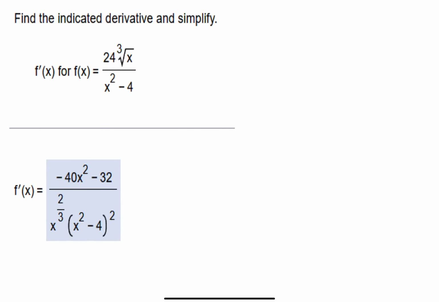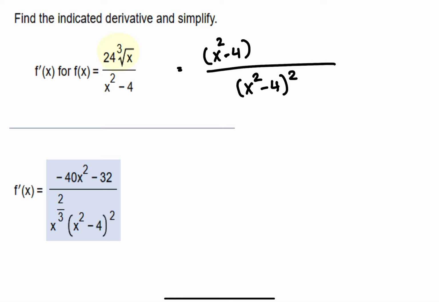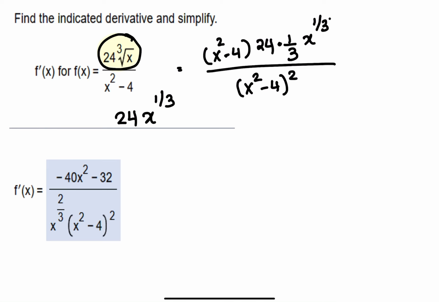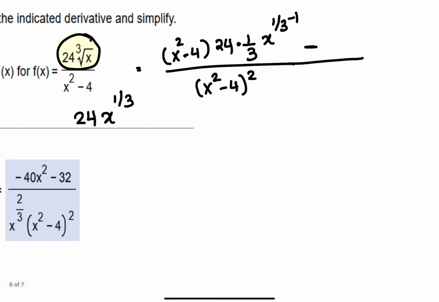Let's see what we have here. Again, quotient. Remember what the quotient is? I square the denominator. I plug the denominator. Find the derivative of 24. Okay, before I do that, instead of writing 24x cubed, I will rewrite this as 24x to the power 1/3. So that way I know it's 24 times 1/3 x to the power 1/3 minus 1,